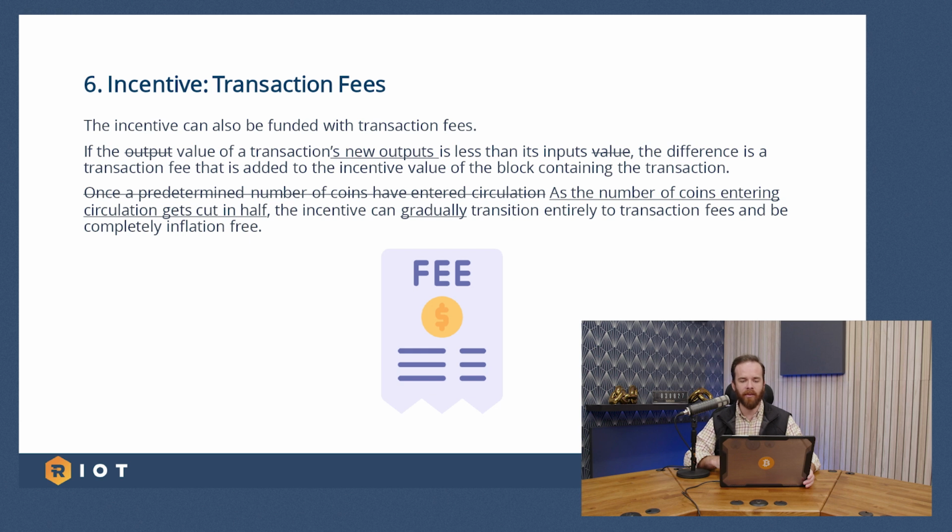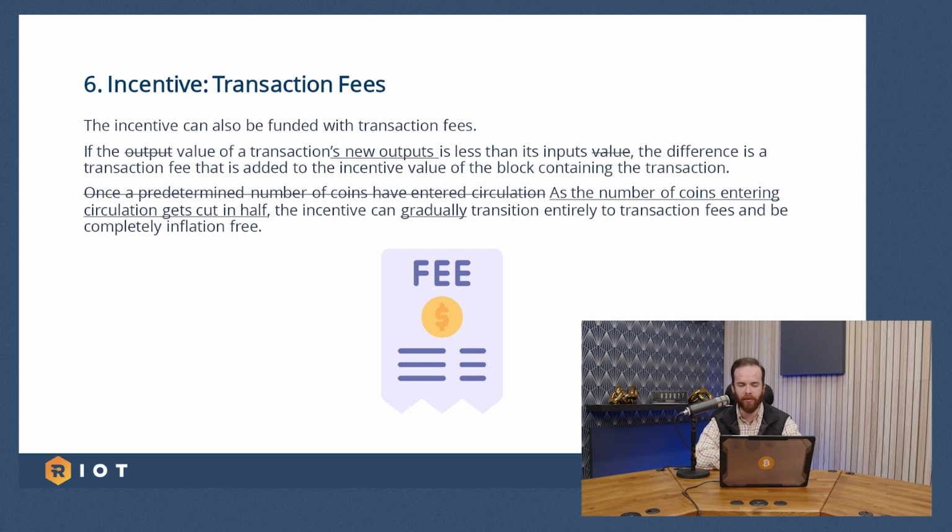The second part of the incentive, in addition to the new issuance, the mining reward, is the new issuance plus the transaction fees. So Satoshi wrote, the incentive can also be funded with transaction fees. If the value of a transaction's new outputs is less than its inputs, the difference is a transaction fee that is added to the incentive value of the block that is choosing to include the transaction. As the number of coins entering circulation gets cut in half, the incentive can gradually transition entirely to transaction fees